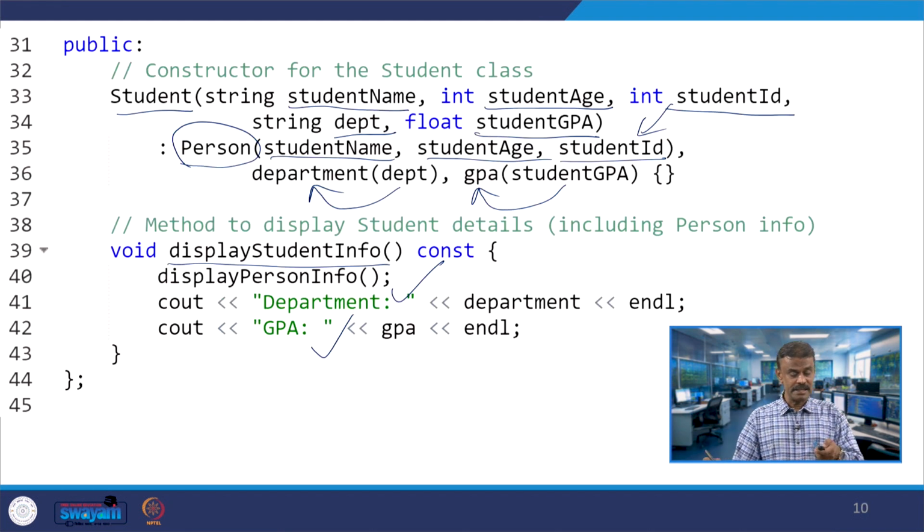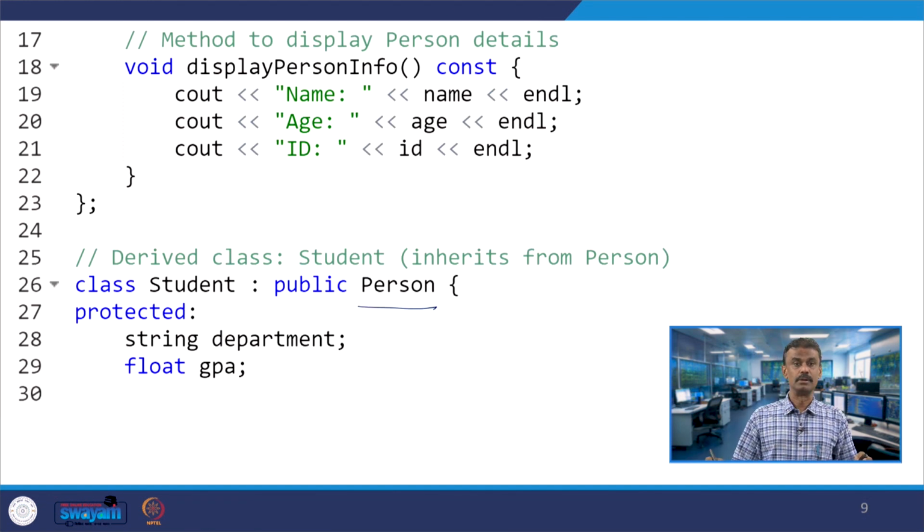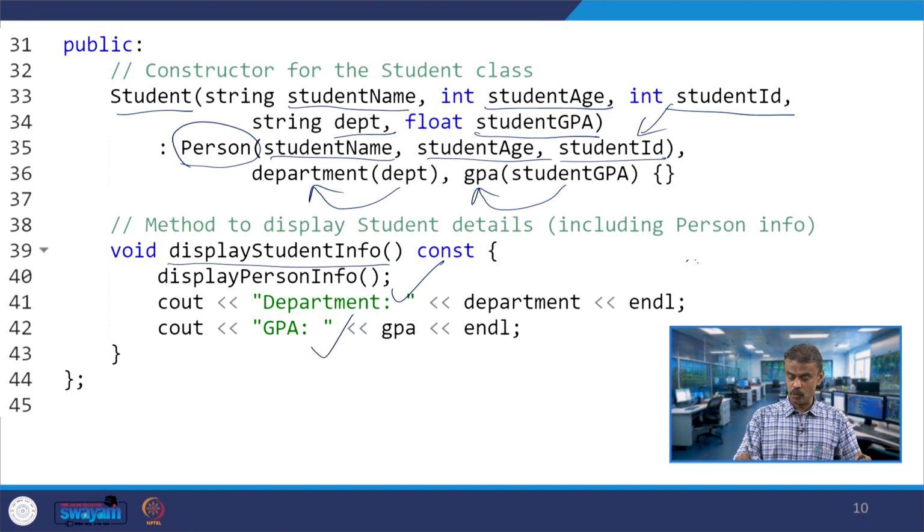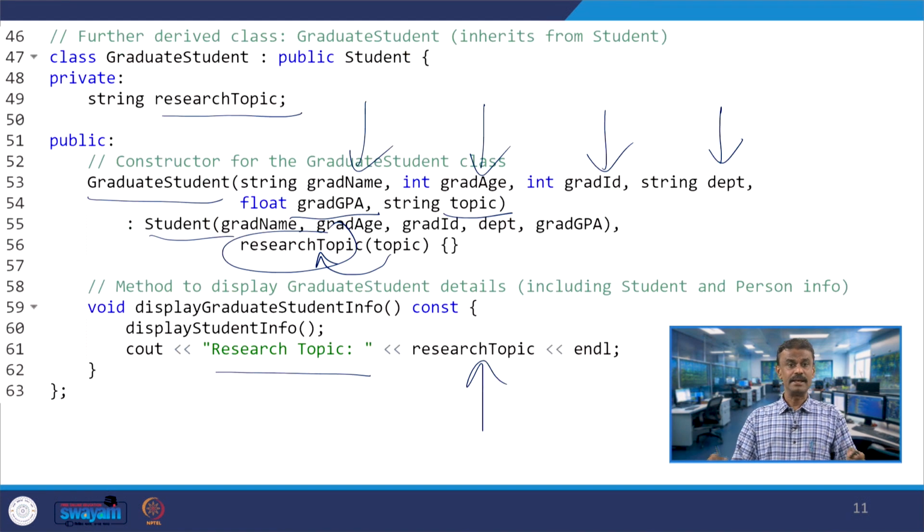When it is calling the student constructor, these 5 come, and it will call the person constructor. To the person constructor you are passing 3 parameters: name, age and ID. So, that will be copied. That means these 3 will be initially displayed, then these 2 will be displayed, then finally your research topic information will be displayed.